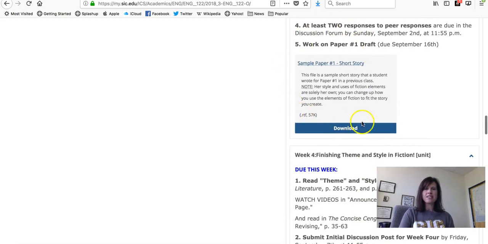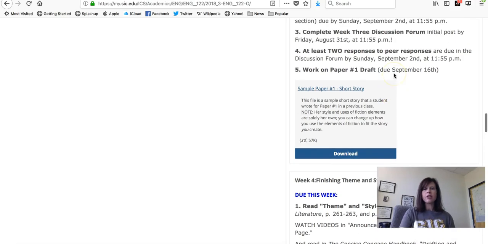I've also put up a sample short story, so I'm going to try to find an analysis of regular short story too, but this is a more creative writing example. So if you're doing the creative writing options 1 through 4 for paper 1, you can check out the story as an example that was done fairly well. I think there were some grammar errors in it, but this was her draft that she submitted a few years ago, and I liked the short story, so I kept it to show you guys.